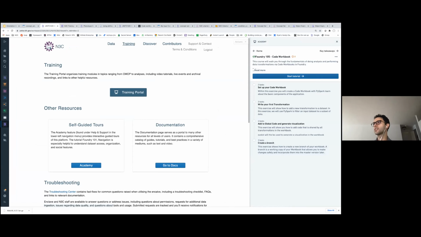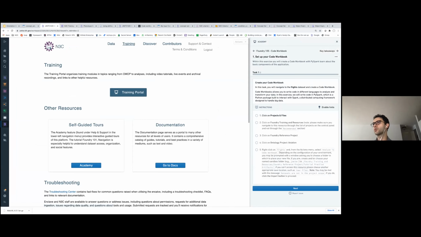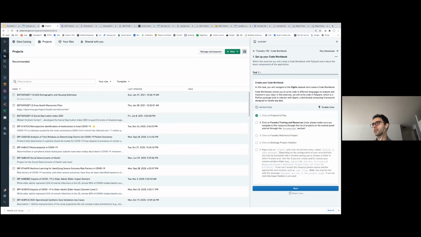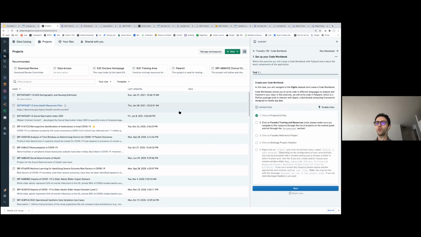If I click on it, it's basically a self-guided tutorial. You can click on Start Tutorial and then follow along the instructions. If you click on Projects and File, it's going to check the mark and you can follow along. That's also another quick way to get up to speed without looking at the more in-depth documentation.